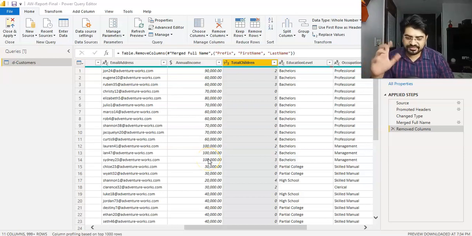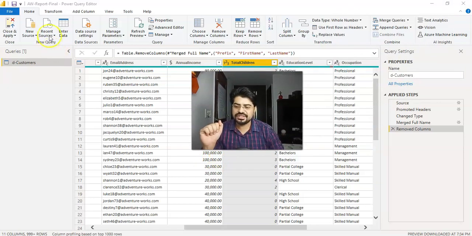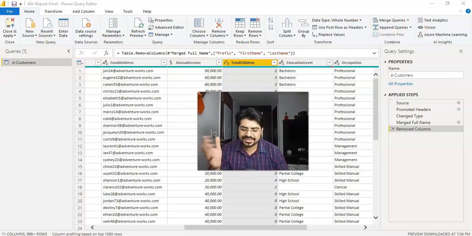So here we have a very interesting option to talk about, which is merge and append queries. If you see under the home tab on the right hand side, we have merge queries and append queries. So what are these, by the way? Let us understand it